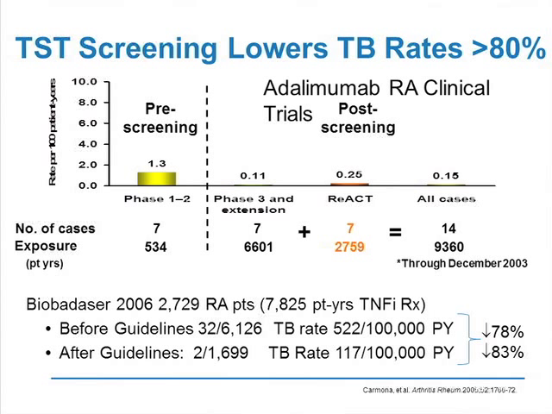On the bottom in blue is the experience from the Spanish biologics database, the BIOBADASER database, that looked at almost 3,000 RA patients who were treated with 7,800 patient years of drug exposure. Prior to guidelines which required the use of tuberculin skin testing, they had a TB rate of 52 per 100,000 patient years. After the guidelines, this dropped significantly to 11.7, with essentially a 78% reduction in all cases. When they looked at only the RA patients, there was an 83% reduction in the frequency of TB just because of the administration of the TST and identifying patients at risk and treating them for LTBI prior to commencing therapy